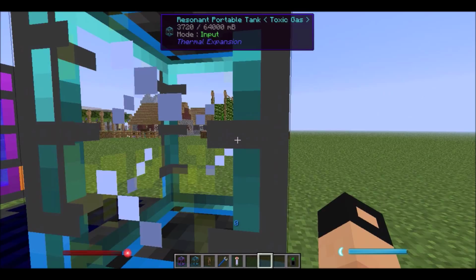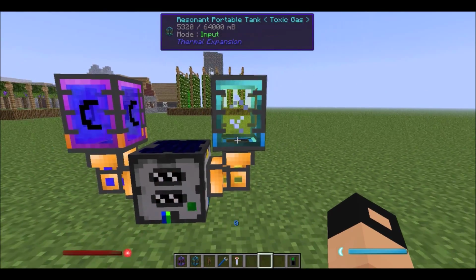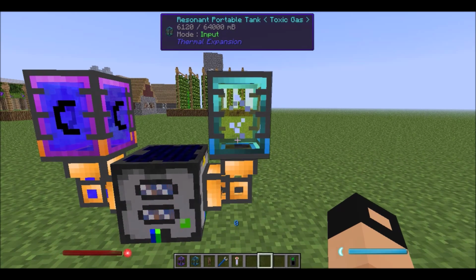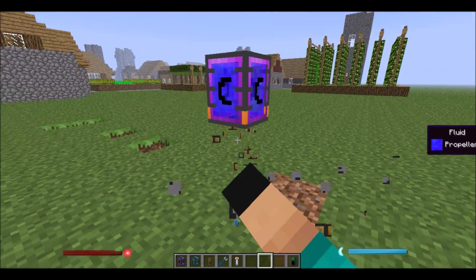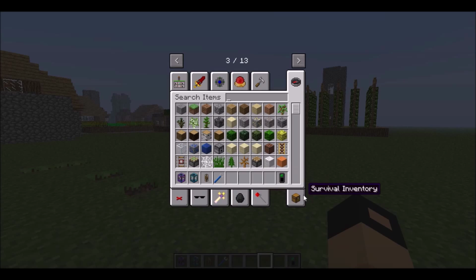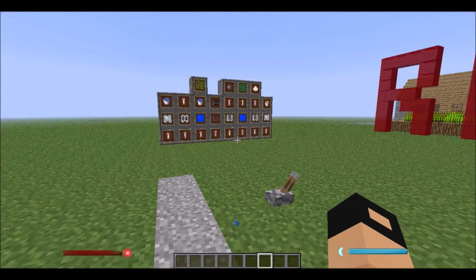So see, there's a little contrast in here. The gas is already filling up. So yeah, this should go faster than a photobioreactor. And also, by the way, the photobioreactor needs sunlight. As it's photo, it will need sunlight. Yeah. When that is done, we just move up to the next thing, and that will be